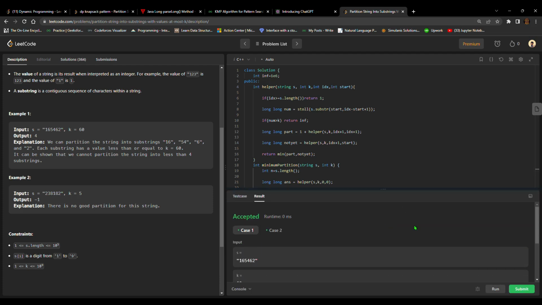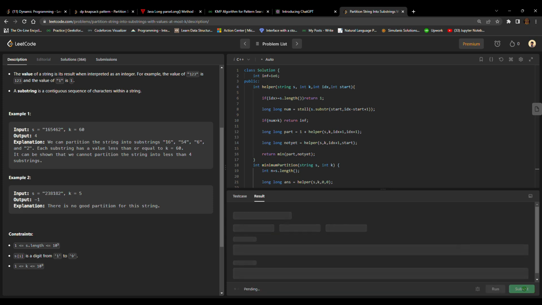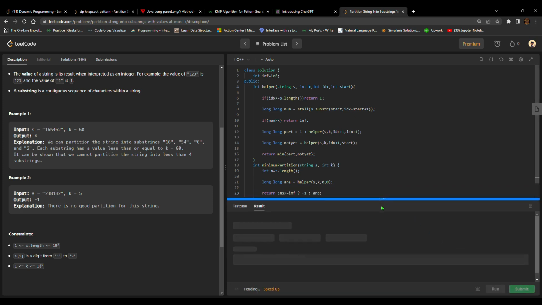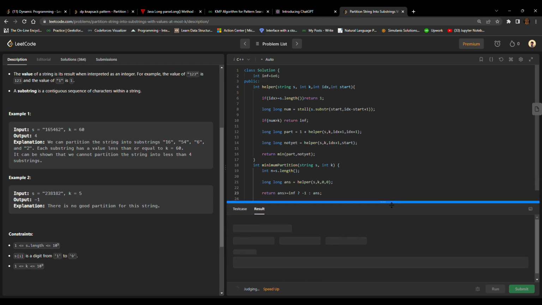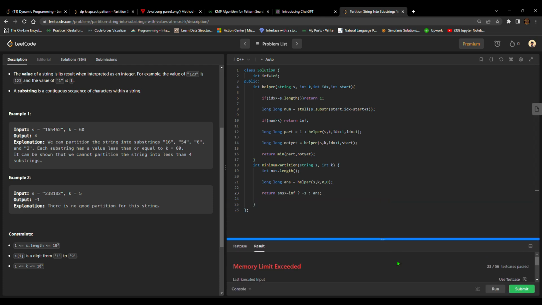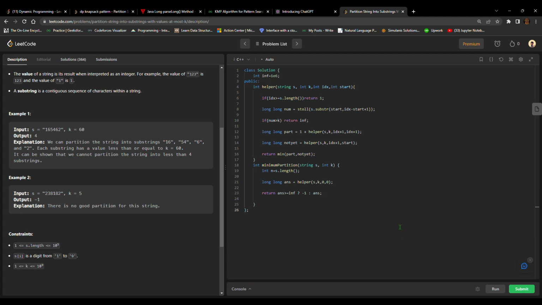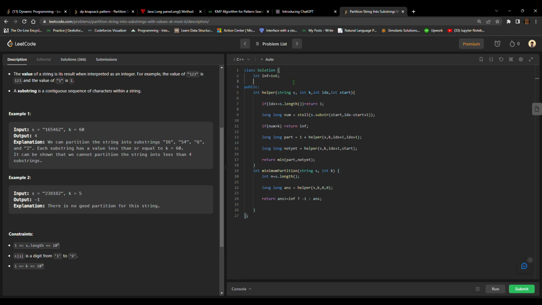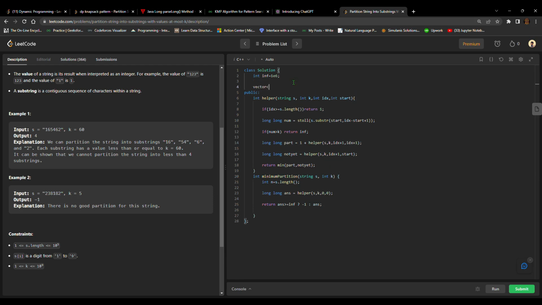Okay, this is accepted, and if I submit it, it is gonna give me a TLE, time limit exceeded error, or a memory one, something for sure it will give. Okay, memory. So to deal with this, I'll try putting a DP vector, so that we can store some values in it. So I would say vector long